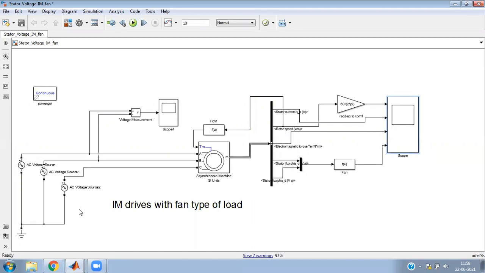But applications like blowers, pumps, ship propellers, they all can run with reasonably reduced voltage. The stator voltage control method is also studied over here, and you can see that when fan type of application simulation is done, you can run it with these variable voltages, right? So the simple simulation was targeted. We'll see more of it in our